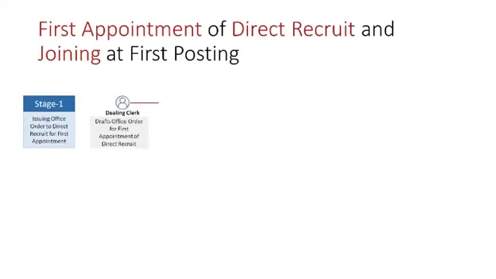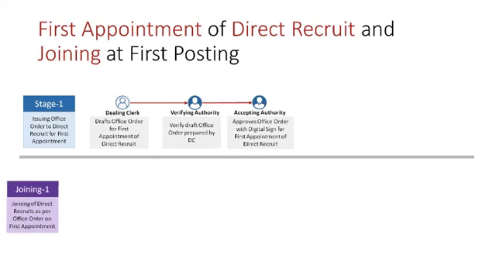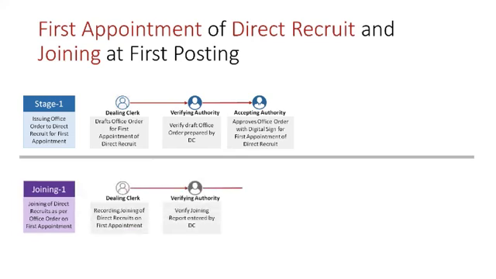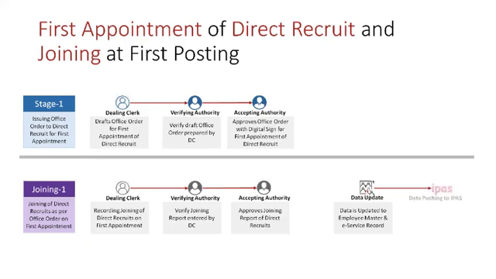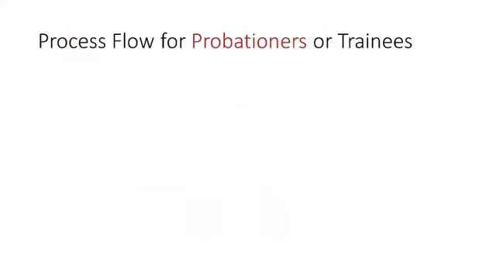Let's see how it goes. It's a normal procedure of HRMS where we have a 3-stage procedure. The dealing clerk makes the initial orders, gives it to the verifying authority, and the accepting authority signs it with a digital signature. After the order is issued and the person joins at the place of posting, the joining date is communicated back to the system. That joining date is entered by the dealing clerk, the verifying authority verifies it, and the accepting authority accepts it. Then data of HRMS and iPass both are updated. That's where the HRMS ID is given to the employee when the data is entered, and subsequently iPass gives the PAN number or whatever other ID is to be given.